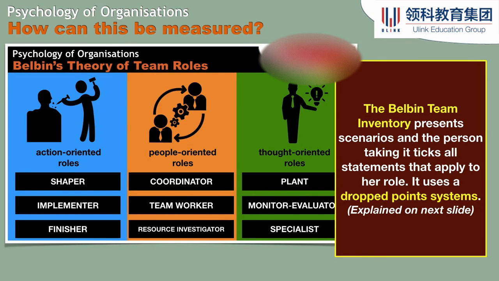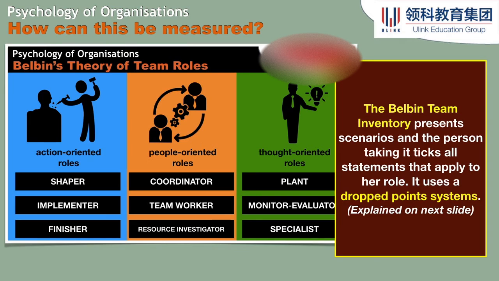So, how do we determine who is who? Well, there's something called the Belbin Team Inventory, and you could find this on the official Belbin website. There are various tools that have been created since its implementation in the 80s, improvements and standardizations, and it is a paid for assessment. So if you want to pay for it, you're welcome to check that out yourself. They do give examples of various reports that are quite lengthy. So that's one of the strengths of this report system, is that they give you a lot of feedback.